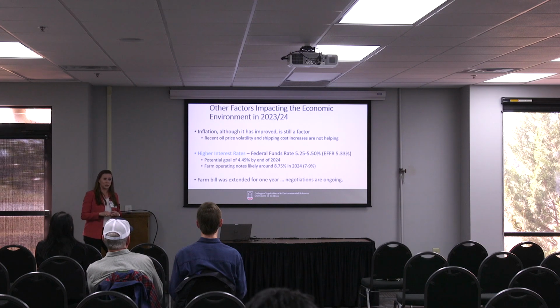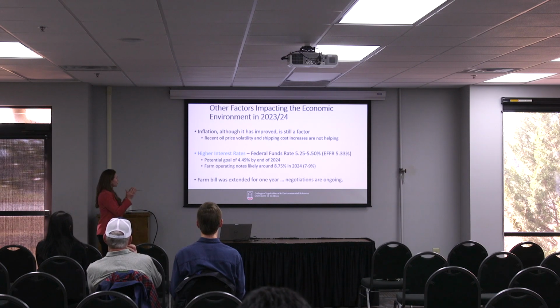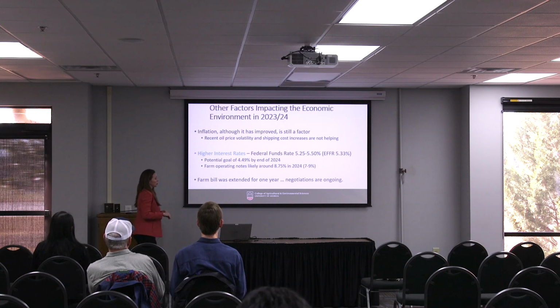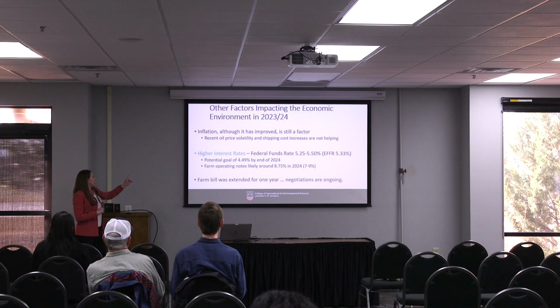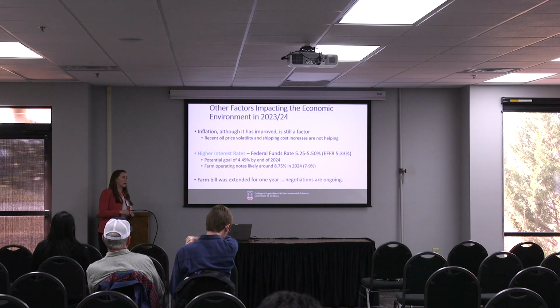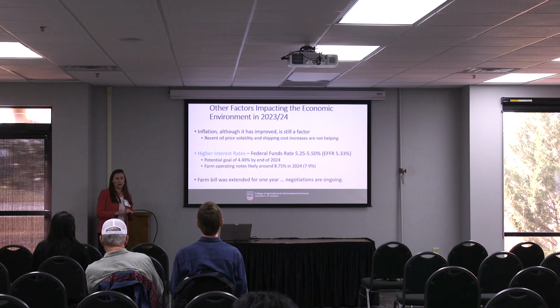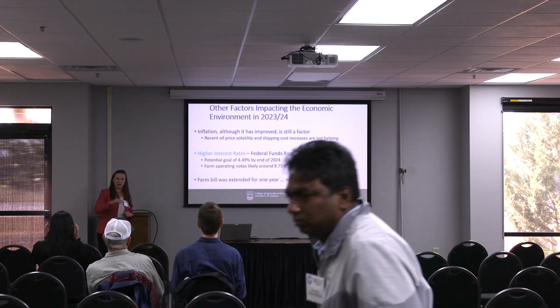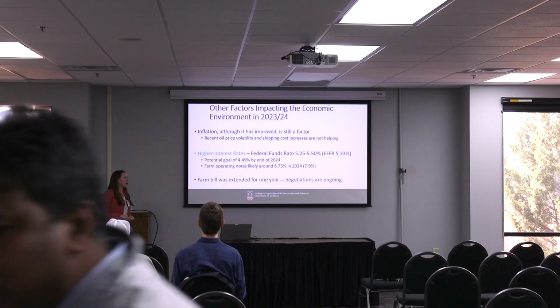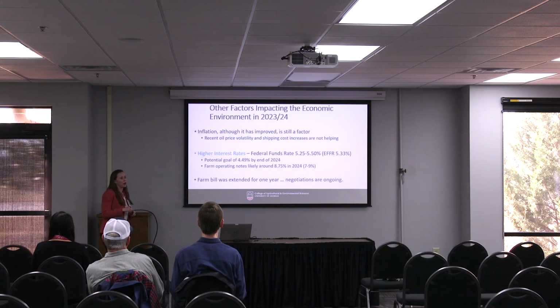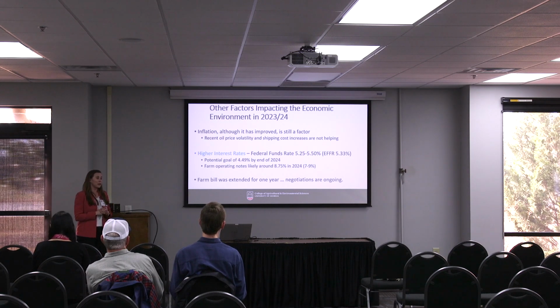So interest expenses are going to be another big expense for farmers in terms of their cost of production. The Farm Bill, talking briefly about that, I mentioned a little bit on the other slide how reference prices are above the low cost of production and commodity prices are not that low yet. So there is some discussion about, hey, can we revise the reference prices to at least meet the cost of production to help growers break even?